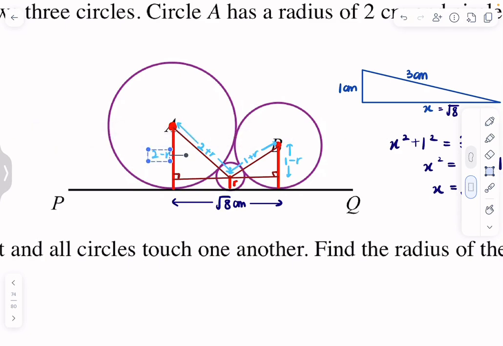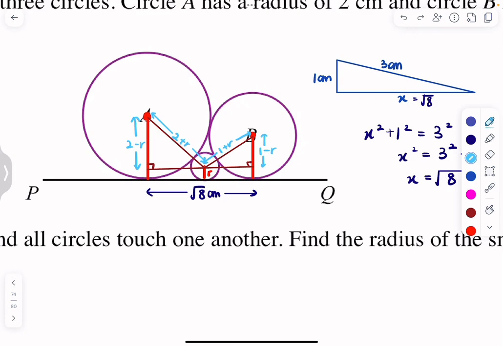Put here. From here to here, the whole thing is 2 cm. The bottom here is r cm, so 2 minus r. Now we can figure out this length because